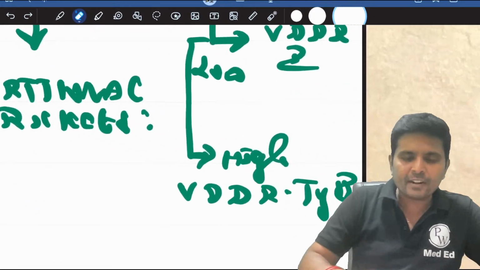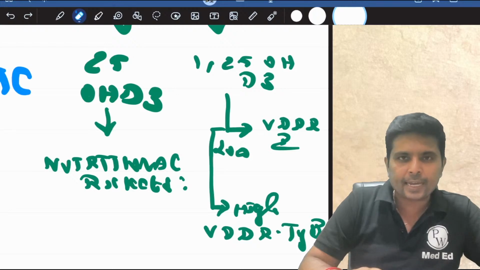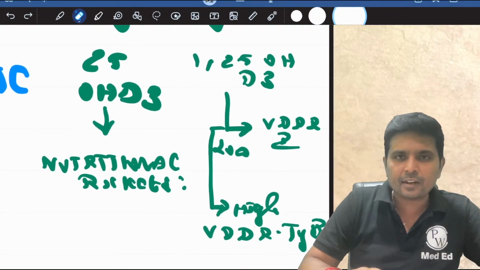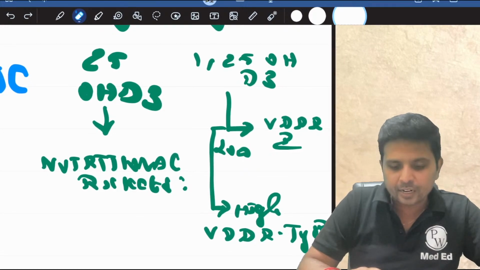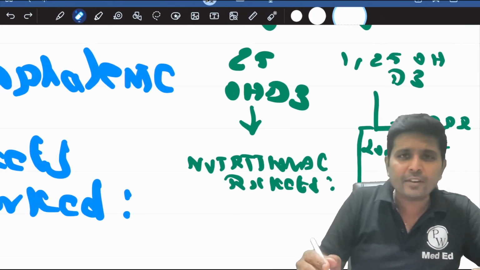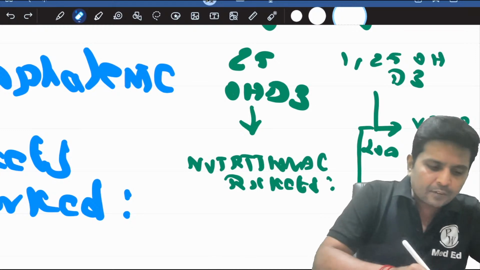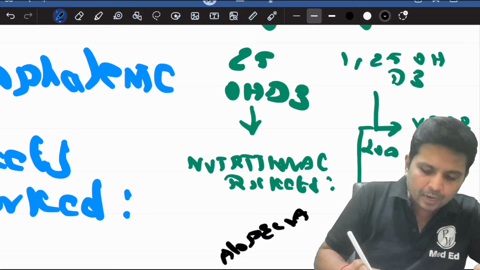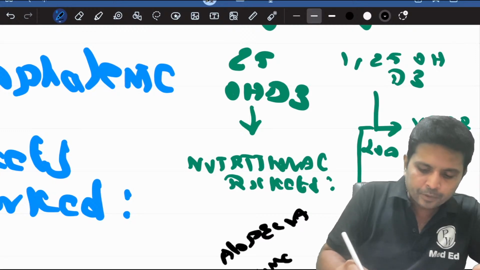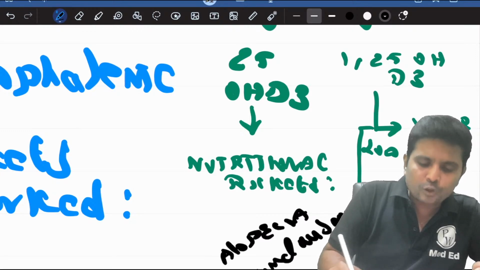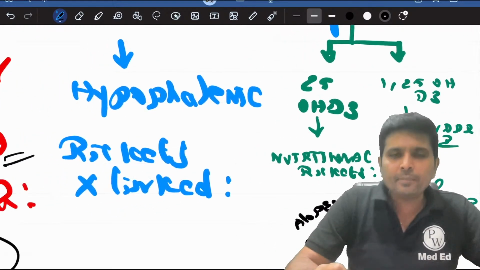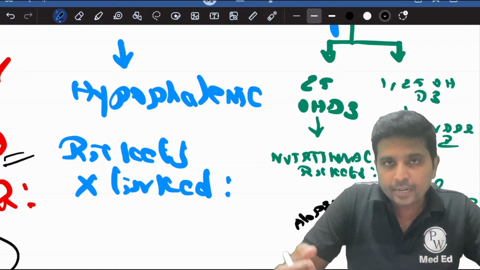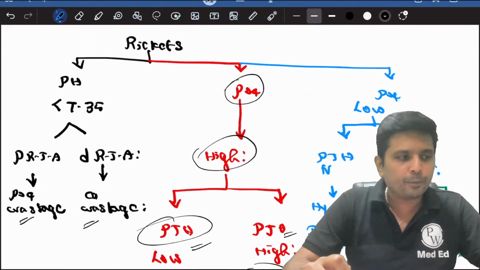Whereas when 1,25 dihydroxy D3 is very high, you are dealing with a case of vitamin D resistant rickets type 2. Remember, one more clue for VDDR type 2 is the presence of alopecia and enamel abnormalities. Both are in favor of vitamin D resistant rickets type 2. So this is the simple approach to